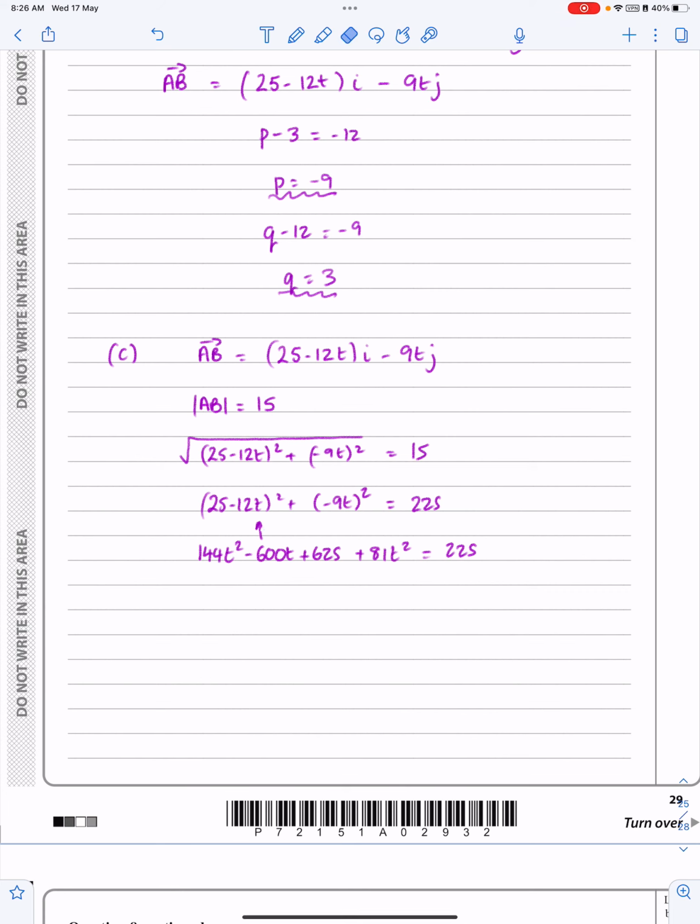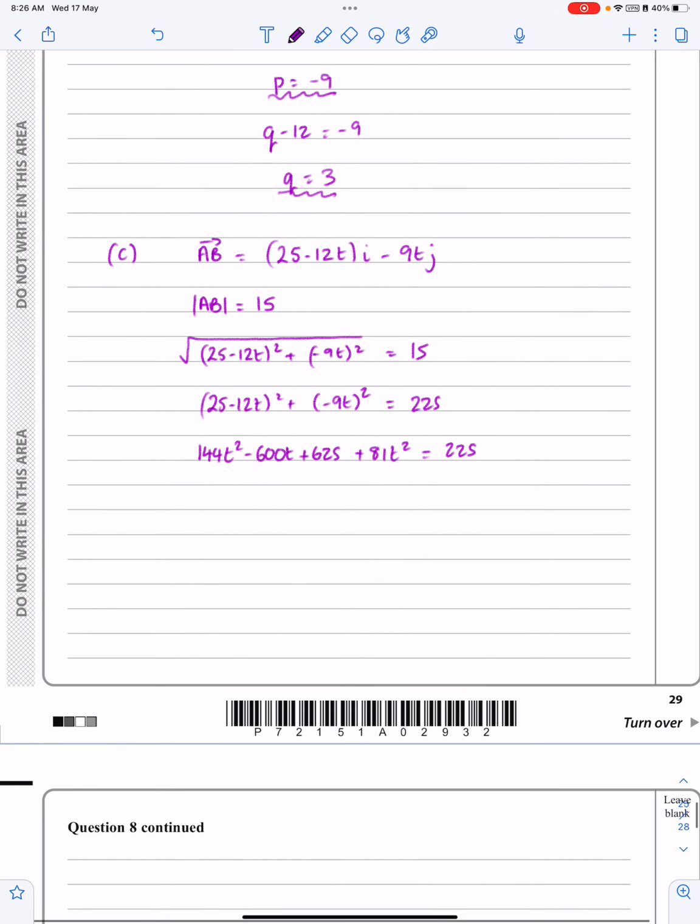Right, I want that to look like my normal quadratic, which will be getting everything over and equal to 0. So I get 225t squared minus 600t plus 400 equals 0. And again here, you've got to be good at doing this sort of thing. If you've experienced, you've done lots of questions, you could stick down the quadratic formula, I suppose, but they do